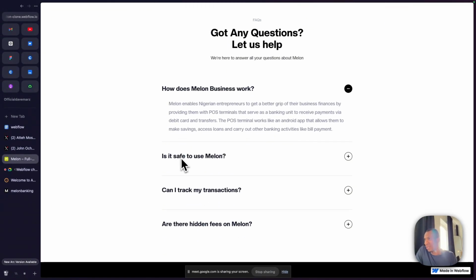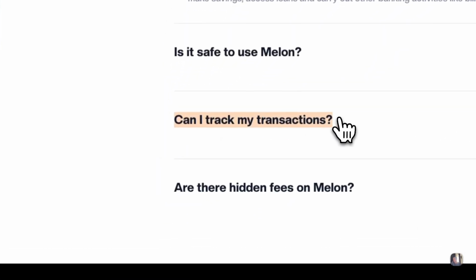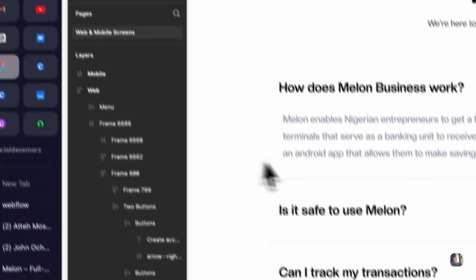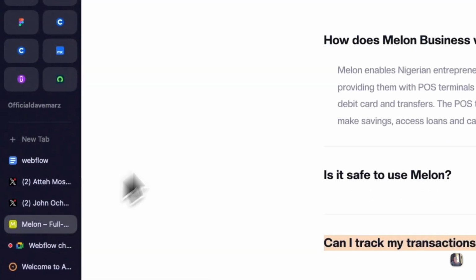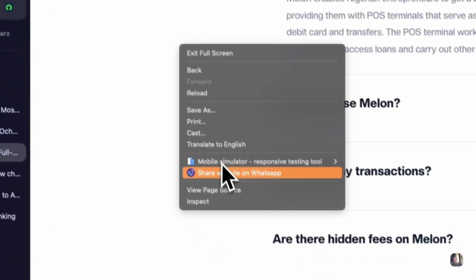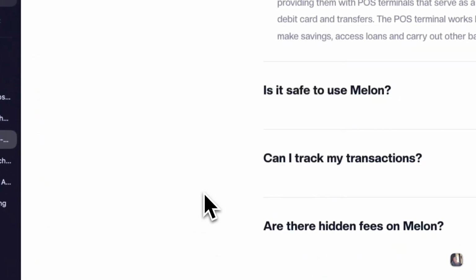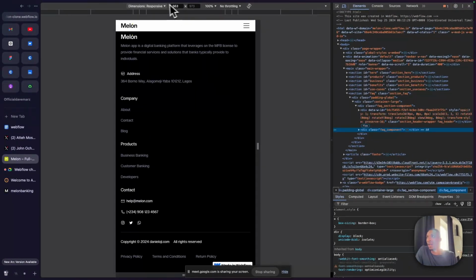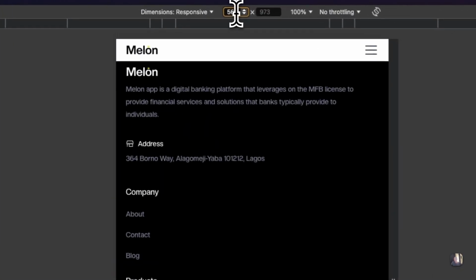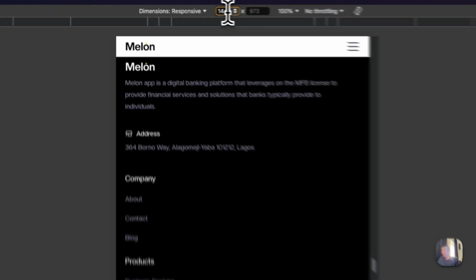Where I have an issue is even the spacing between the heading and this line. It's not in the middle. See, it's not in the middle. There's a lot of space in here, but that's not how it is. Here it's perfectly in the middle. I think what he did was he added, if we try to inspect, we would see